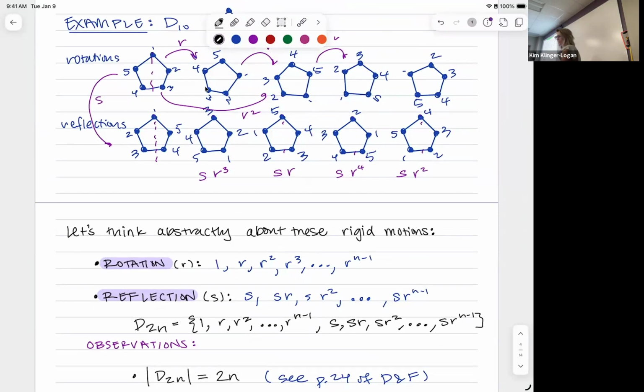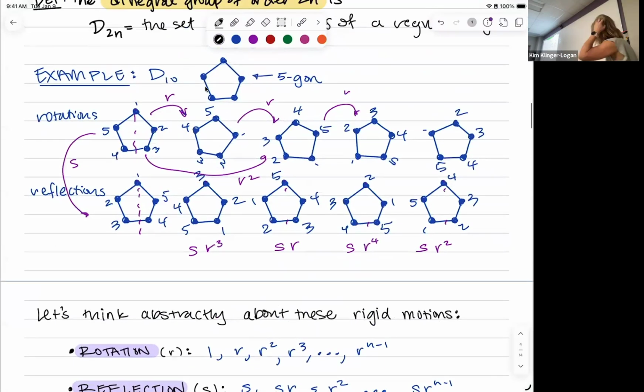So let's just pause for a second and think. Okay, so this is what we said was applying r first and then s. So what if instead we first applied s, that gets me here, and then I rotate? If I rotate, I get,